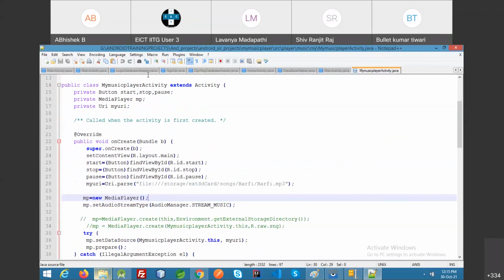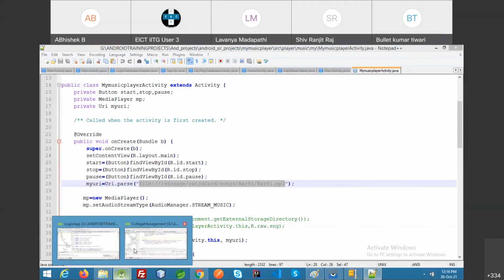This is the code. I will have the buttons of start, stop, and pause. These three buttons and the media player object MP. And the URI will keep the path of the song. Let's suppose I have the Burfi song. If it's available in my drive, then I can play this. Fine. So it's a very easy code that I can create in the same application.